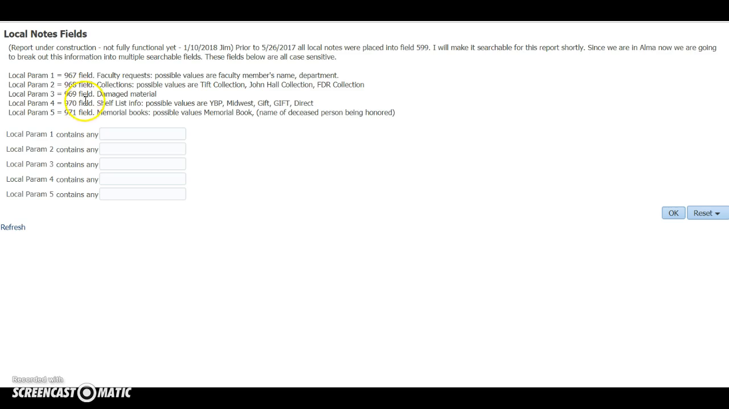And so we wanted to take the 599 and move it to 970, so we would be able to see some of that shelf list information that we've been entering. So for example, with this report, if you wanted to see what books we had purchased from Midwest, that's local parameter 4, the 970 field. You'd enter Midwest in this field, and this would pull up